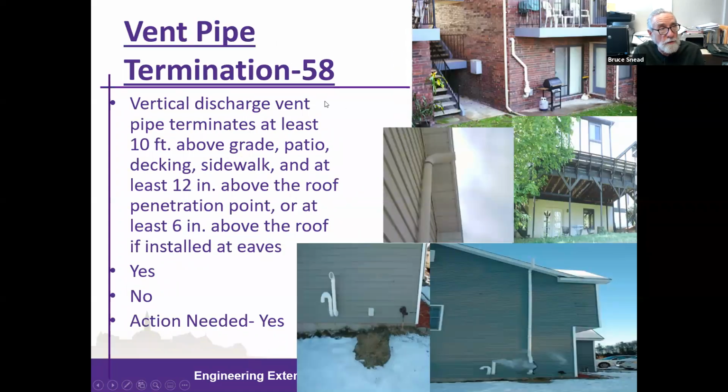Where does the vent pipe terminate? What is the discharge? And I've talked about this already. I'll just focus on a couple of photos in these slides. You can see on the bottom left what the initial configuration was for the radon vent pipe coming out of this little square dryer vent, melting the snow on the soil where the air was discharged.